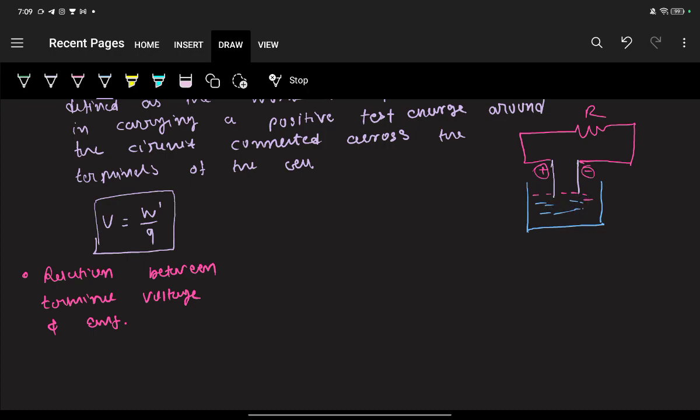Alright, so by the law of conservation of energy, we can write down the total work done as the work done to take this charge through this circuit, right? And the small work done. This small work done is to carry the charge from one electrode to another electrode through this electrolytic solution. Yes or no? Okay. And if we divide this work done by charge,